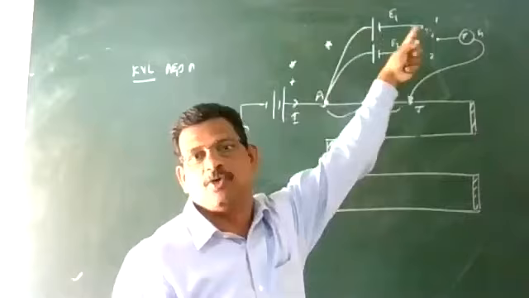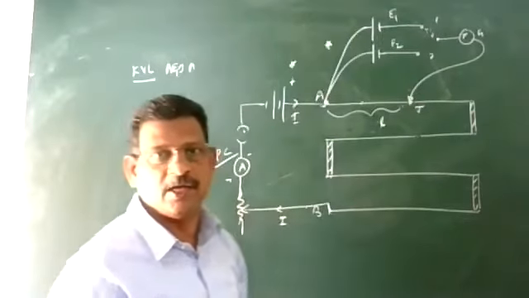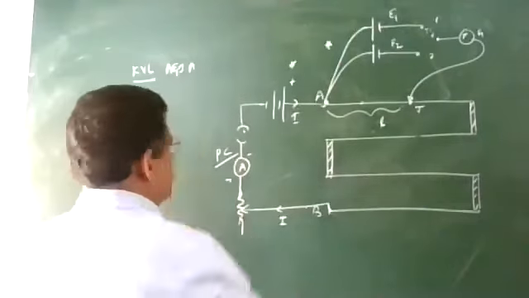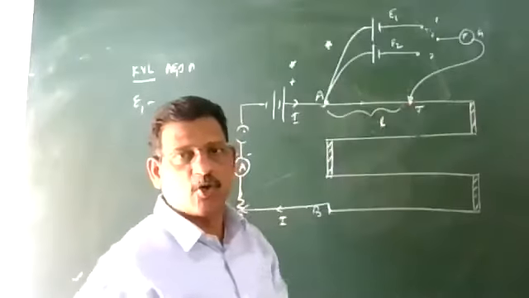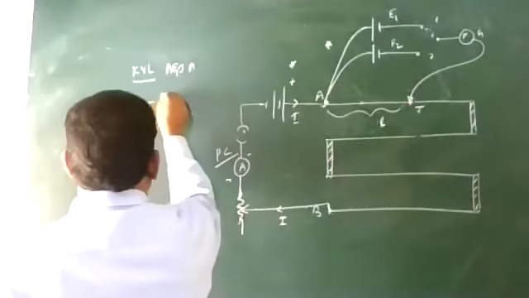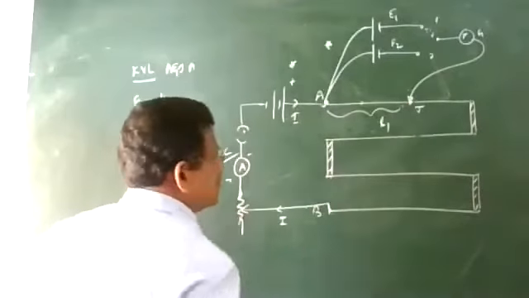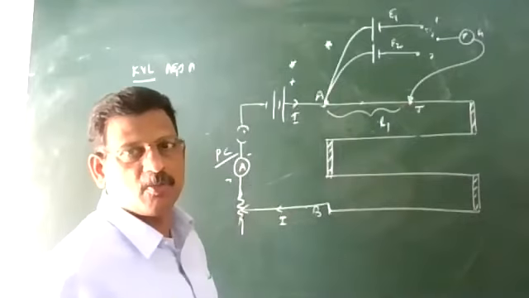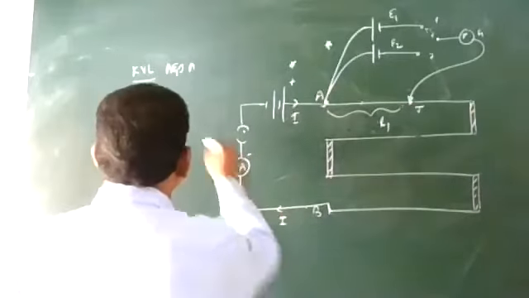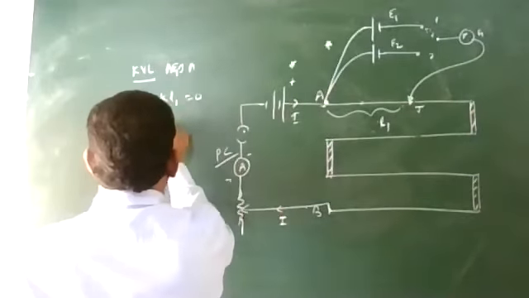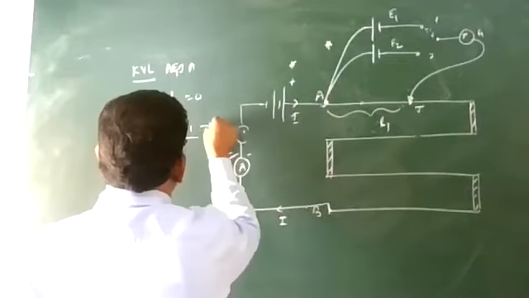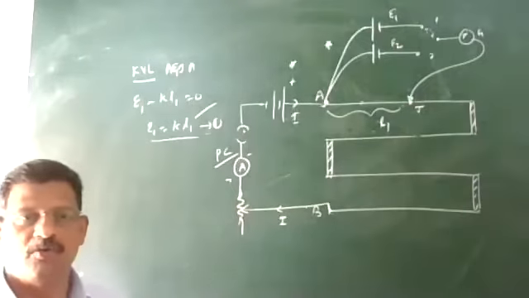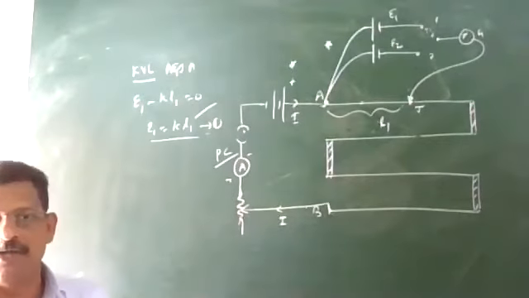Suppose you are traveling in this way, you can go either way, A, E1, J, A. When you reach here, this will be touching positive, so E1. But here we will be going from this side to this side, it's opposite, so you can write minus the PD across the points A and J. This time I am marking the length as L1. By the principle of potentiometer, that PD is K L1. So E1 minus K L1 is equal to 0. By measuring the balancing length you can find out E1, but you should know the value of K, which is equivalent to the least count.